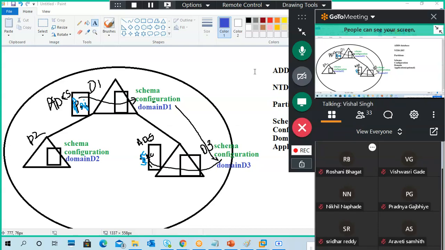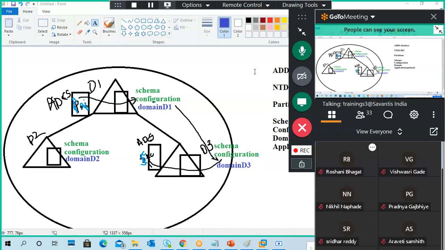Sir, ADCS of D1 also works as ADCS for D2? Yes, for the entire forest, the same set will work for the entire forest. Then, sir, what is the need for adding an additional ADCS with D3?